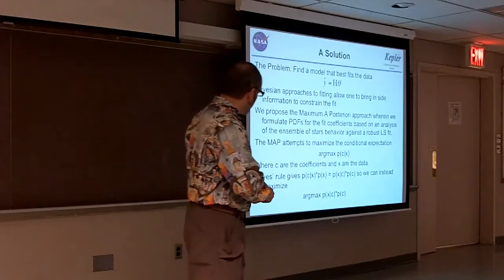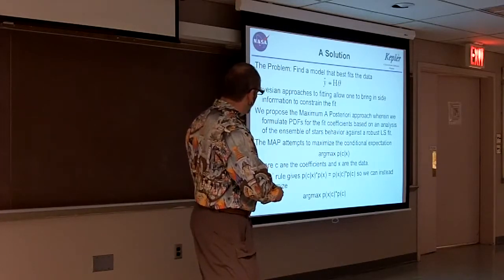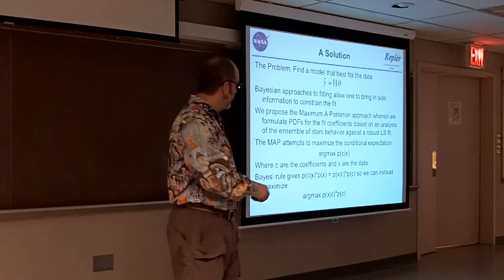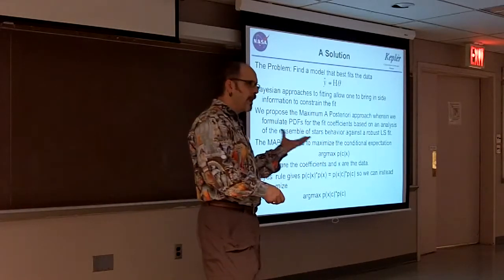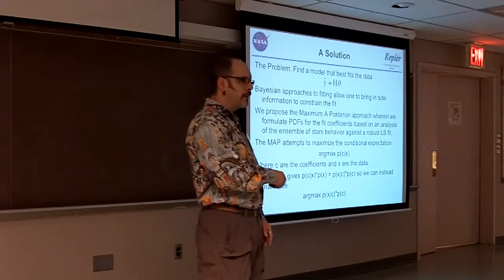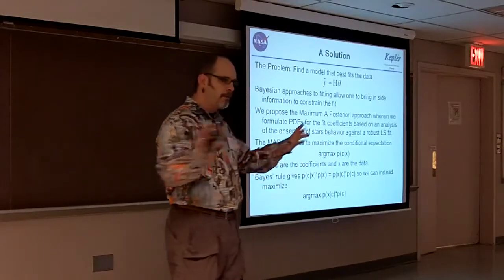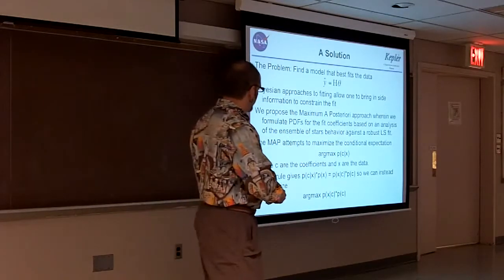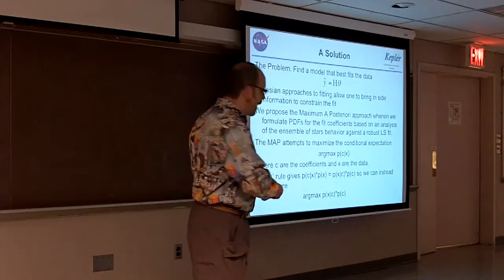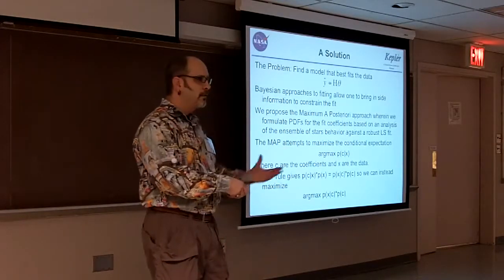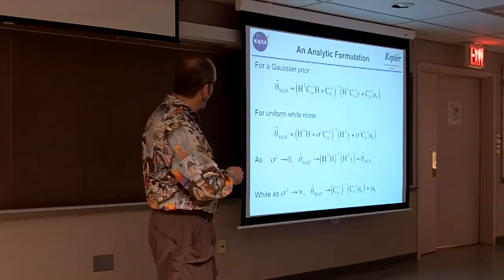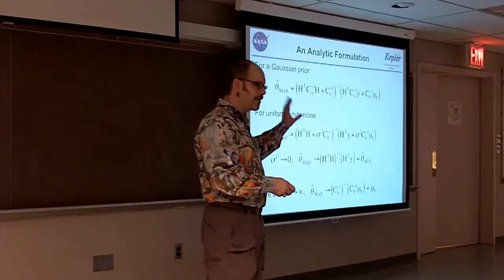Now that's hard to deal with, but you can rewrite this using Bayes' rule. What you're doing is maximizing the likelihood of the data given the coefficients, scaled by the probability that those coefficient values exist. So this term, P of theta, is the prior probability of the coefficients, and that's something we can derive from the ensemble of light curves. And this first term, if you take it out of its Bayesian context, leads to least squares. So this is an augmentation of least squares to bring in side information, which means that if you adopt a Gaussian prior, and I'm not recommending this, this is for pedagogical purposes,